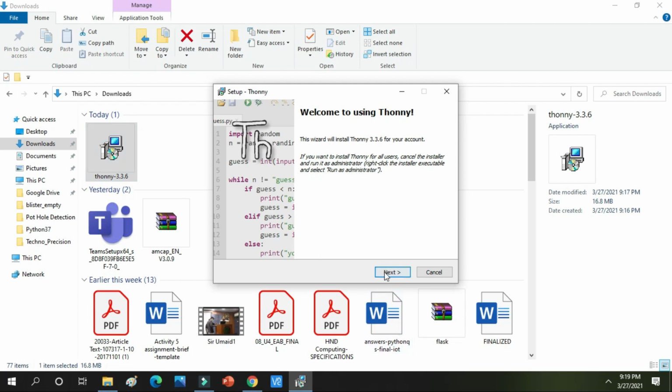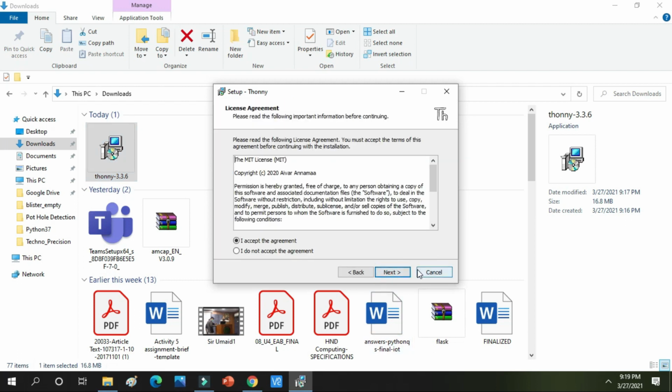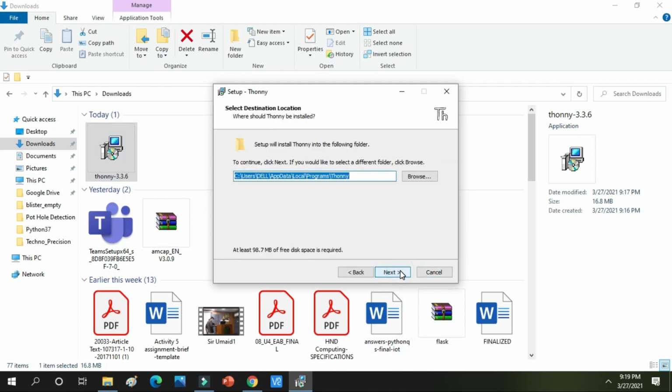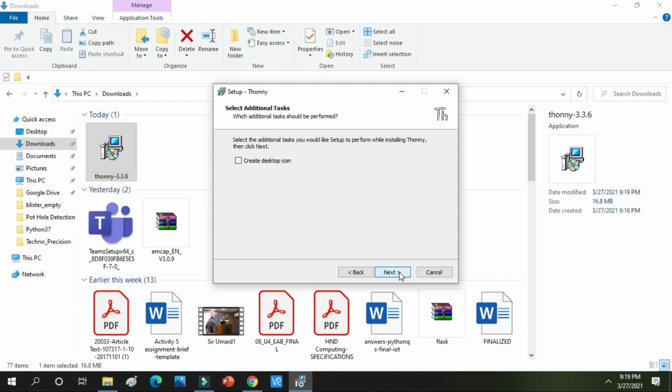So we will move towards next button. Yes, I accept the agreement, and it is showing the path. We can change the path, but now we have to go with it. Create a desktop icon. Yes, we want to create a desktop icon.